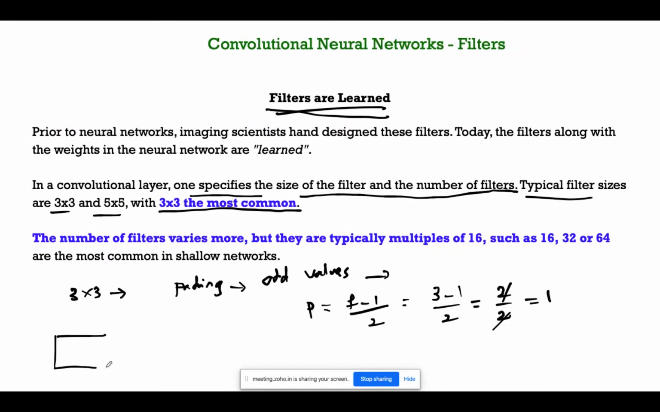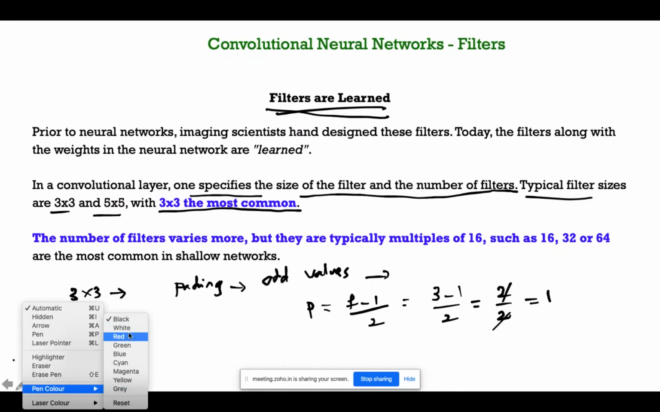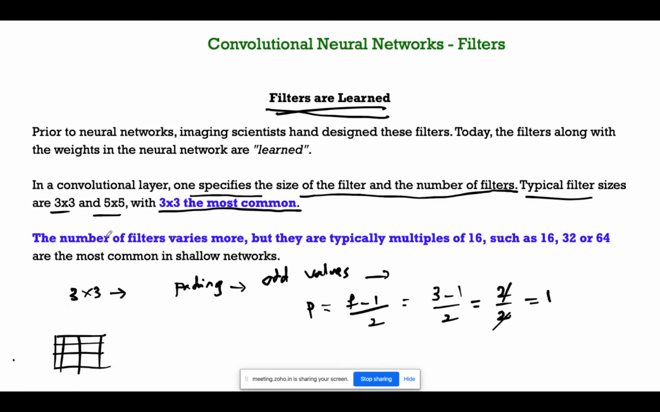Let us say I have an image of 3 by 3. Okay. Now I can add